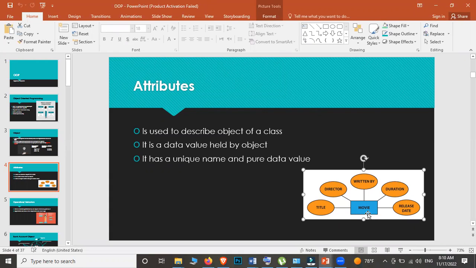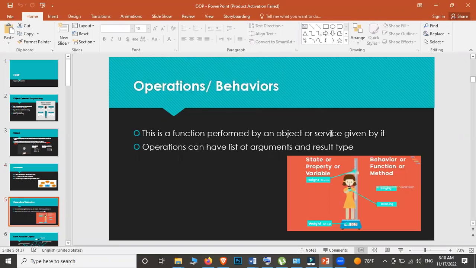So what we can do with the movie: we can watch the movie, we can record the movie, isn't it? Those are things that we can do with the movie. Likewise, when we say operation, you know, functionalities performed by the object, if not services given by it. Assume that there is a waiter in a hotel. What the waiter does is he serves or takes orders, isn't it? Things that they do are known as functionalities, if not operations, or we can call them behaviors, methods, right?